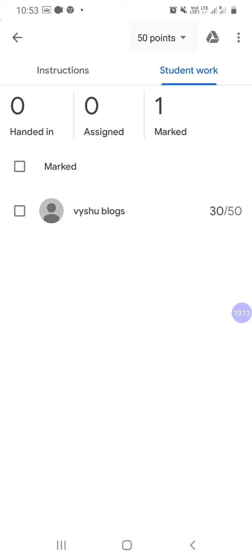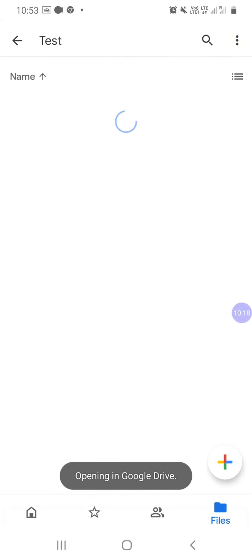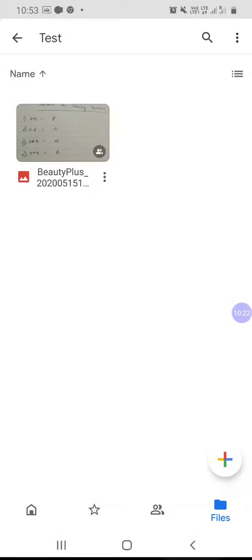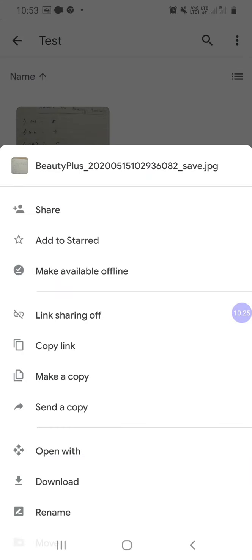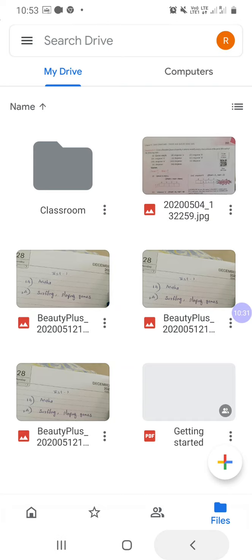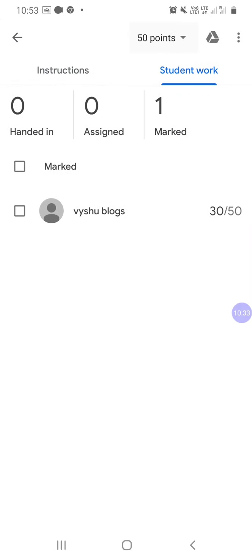Once all the students' marks have been assigned, click on this drive symbol. We can make a copy for our future reference also.